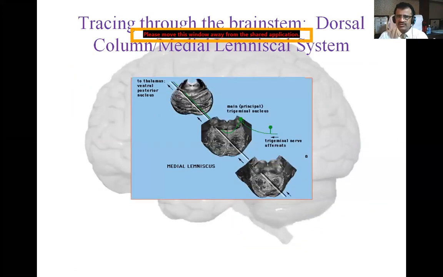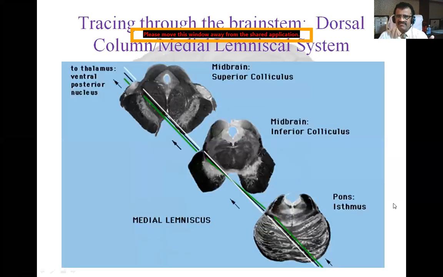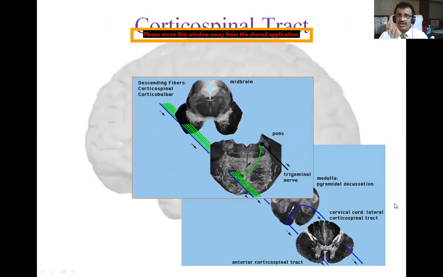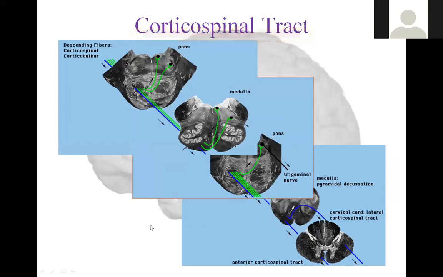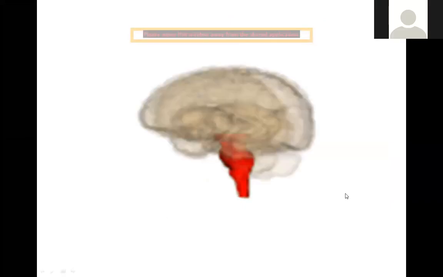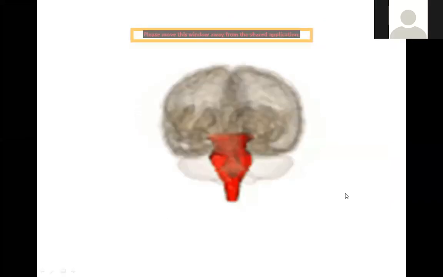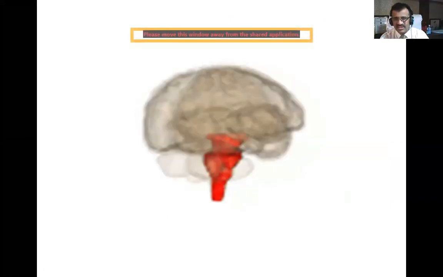I'm just trying to show you that when you go to the study of tracts, you should remember something from this. Corticospinal tract means cortex to spinal cord, so that means it is a descending tract. Well, you can see fibers, corticobulbar. And with this, my dear students, we have finished the overall study of the midbrain.